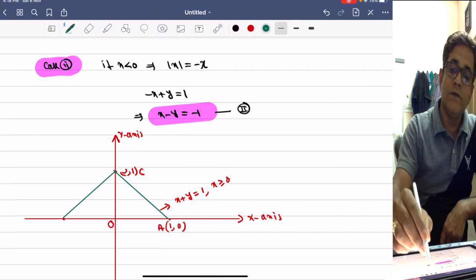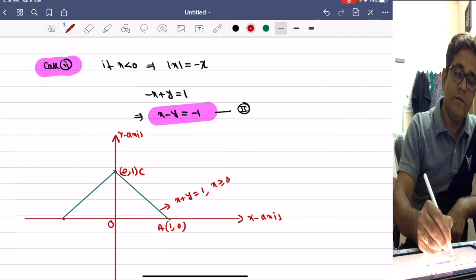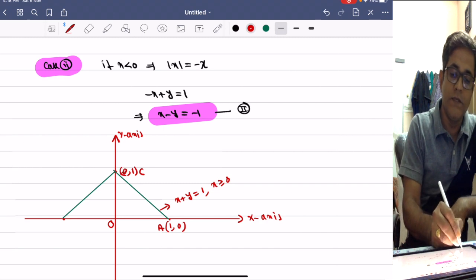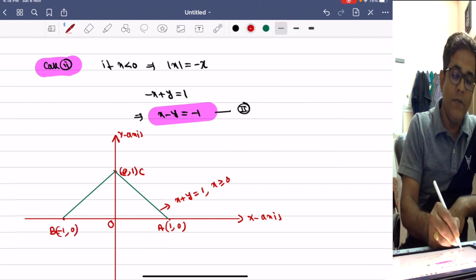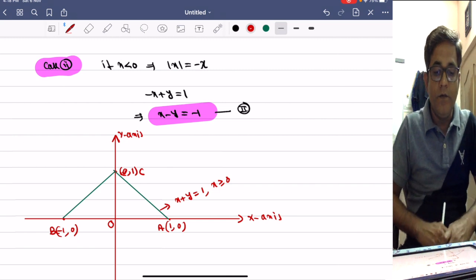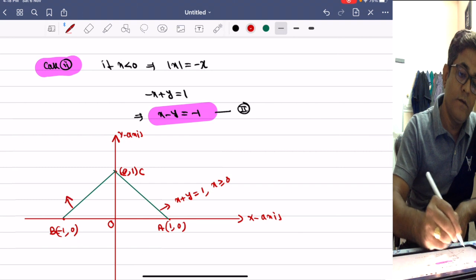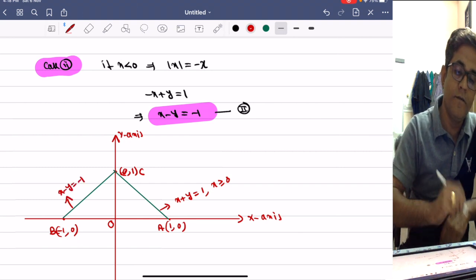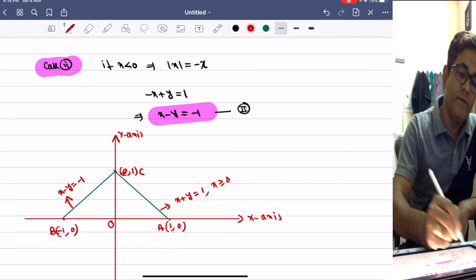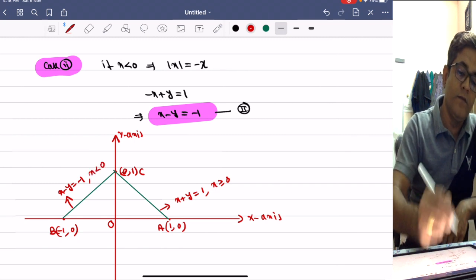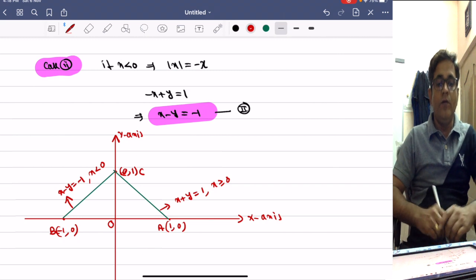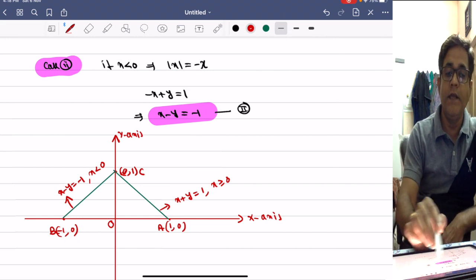Yes, so this is (0, 1) and this one is (−1, 0). This is b, (−1, 0). Now, so now this is x − y = −1 when x is less than 0. So now the area, now the question is the area bounded by